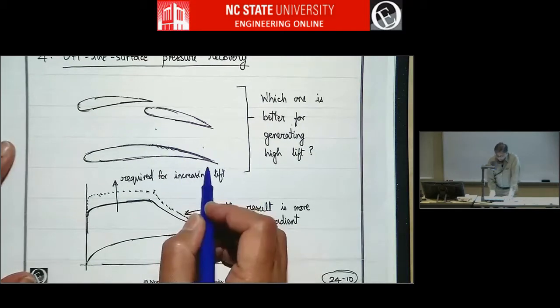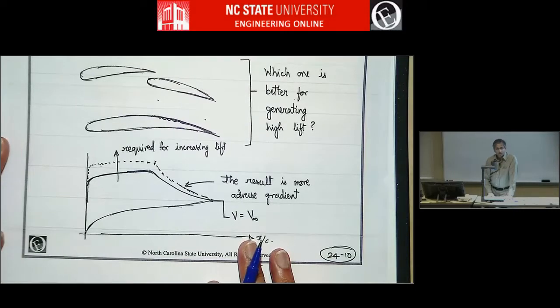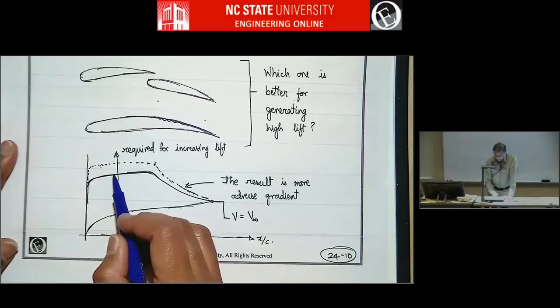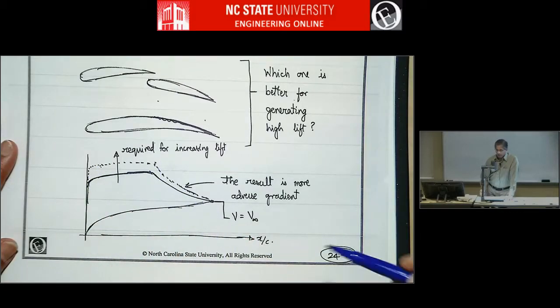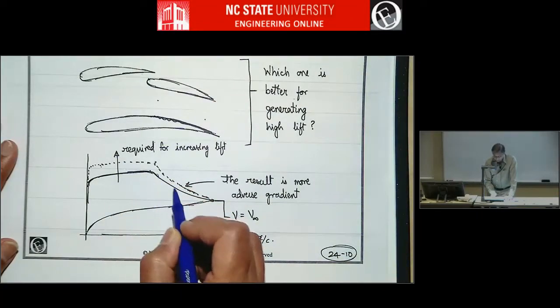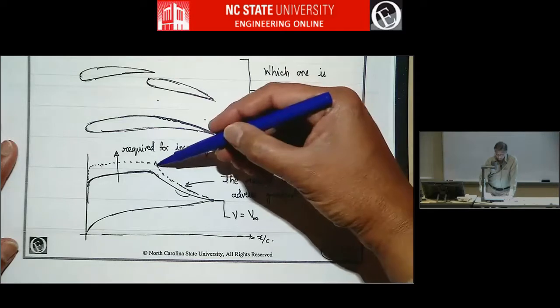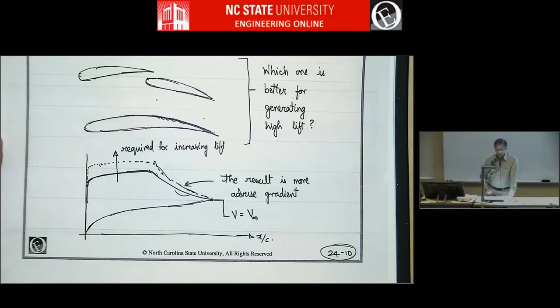So let's take this big single element airfoil first. If you want to increase lift, you have to push up the upper surface pressure distribution, right? And after a point, if you start pushing up the upper surface pressure distribution, you're going to have more adverse pressure gradient in the rear. And after some time, that's going to max out your lift capability because the adverse pressure gradient will separate the flow. Now, if you replace it with two elements,